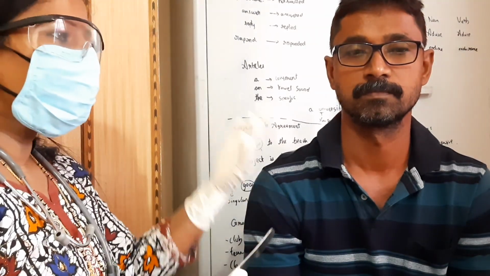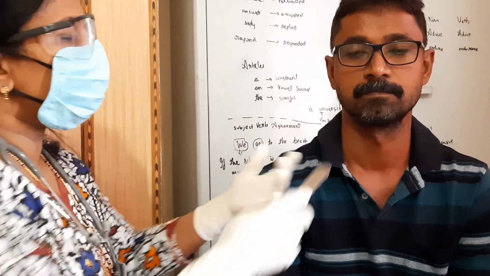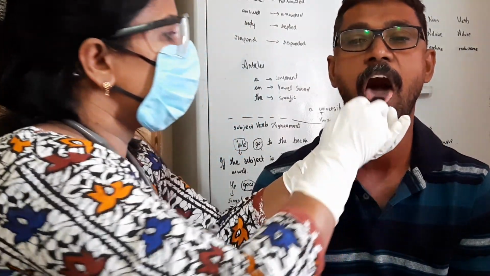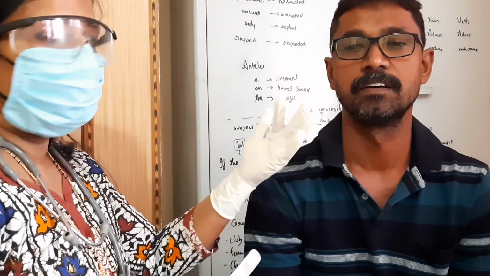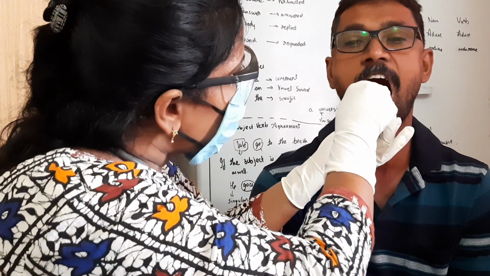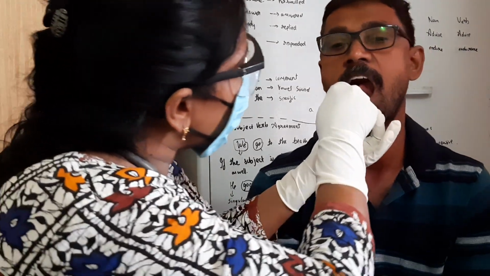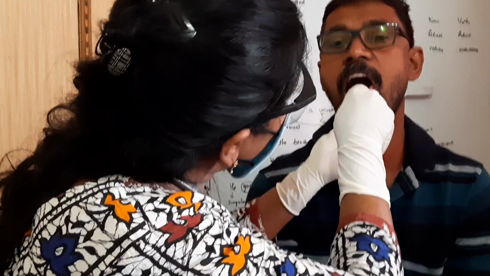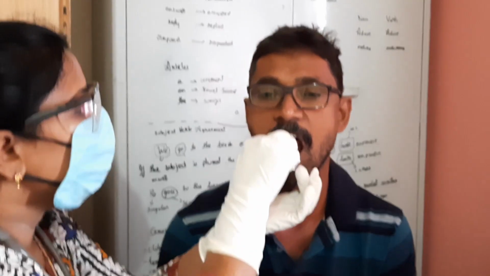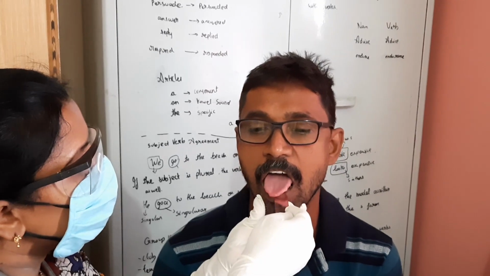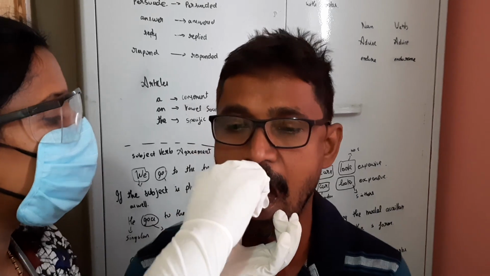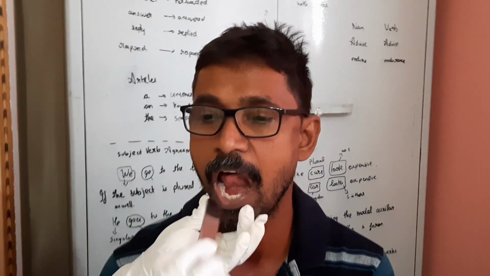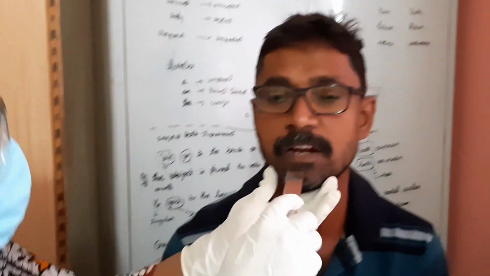Then the cranial nerve is intact. Further, you have to ask the patient to open the mouth and check inside the oral cavity. With the help of the tongue blade, this is the tongue color, the tongue normally to be pink, and the moisture of the tongue is not dry, it has enough moisture. And both the sides of the oral cavity have to be checked, and the teeth alignment. Ask the patient to open up. Then you have to see inside how the cavity is, whether any lesions or anything, and ask the patient to say ah, and you have to see the uvula.